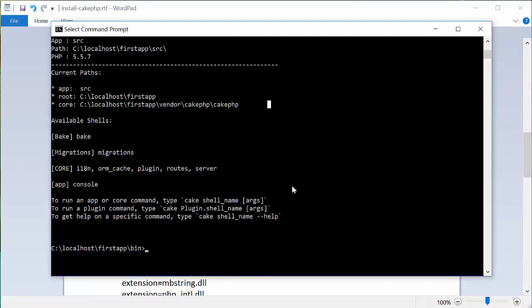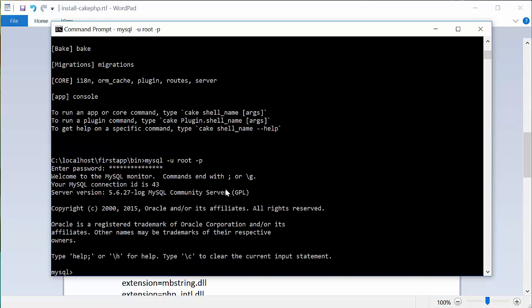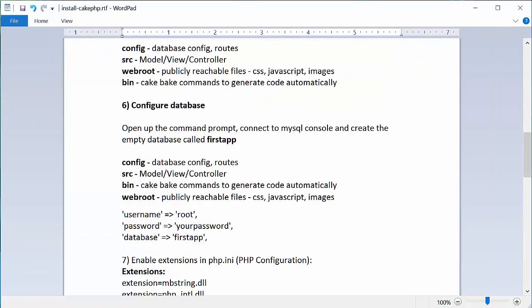So with your command prompt open, connect to your MySQL console, and just go ahead and create database first app. Oh, well, my database already exists, but just go ahead and create the empty database, and then we're going to go back to the